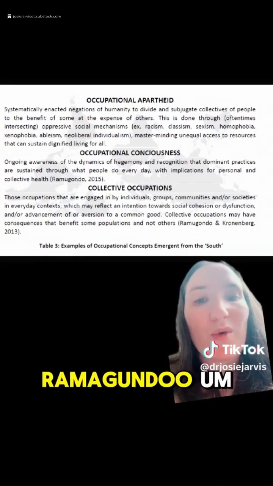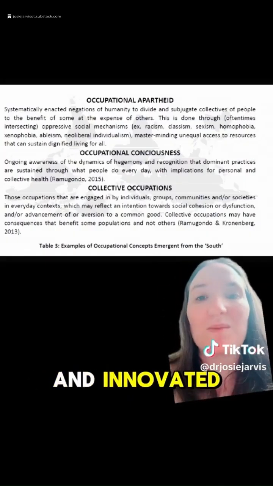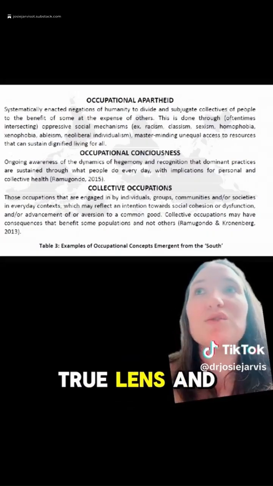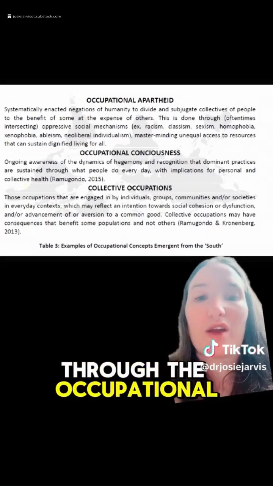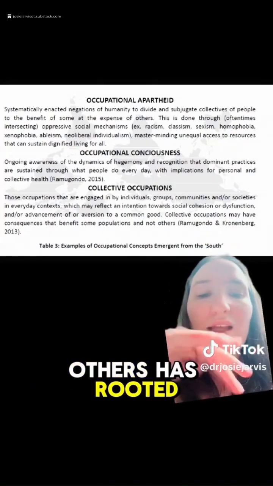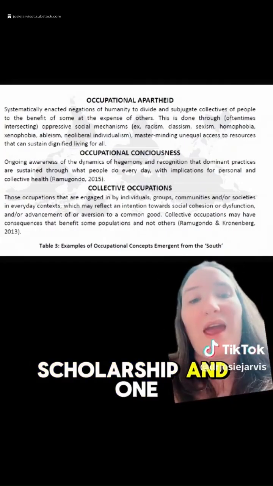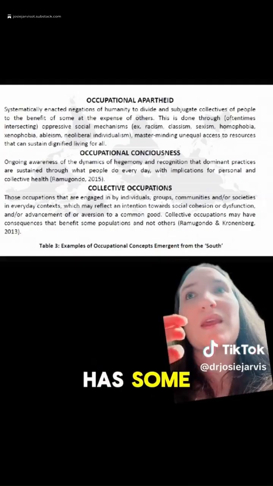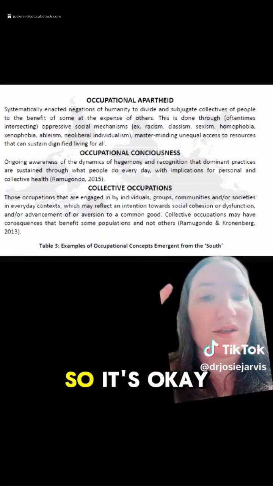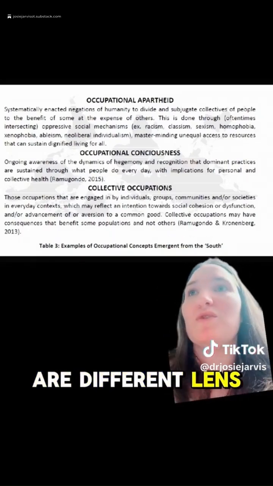Dr. Awani Ramagundo, Frank Cronenberg's partner, has co-developed and innovated occupational consciousness and collective occupations as a true lens and invitation to engage through the occupational science community. Occupational apartheid itself, along with these others, has rooted from a decolonizing lens of scholarship, and one that has some distinguishing elements from themes in occupational science internationally. So it's okay to look at that one somewhat as a separate village, but